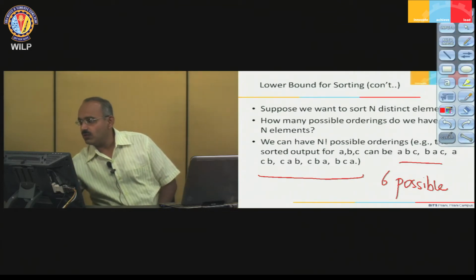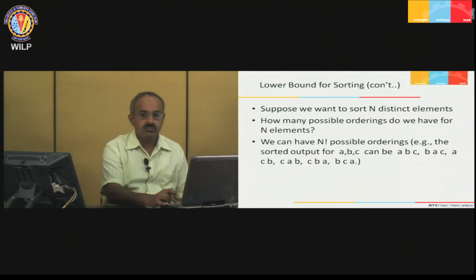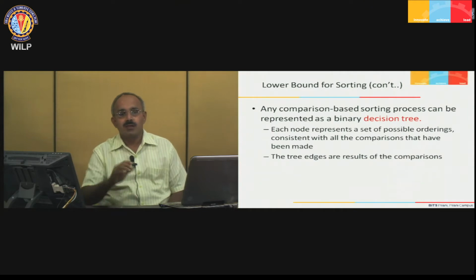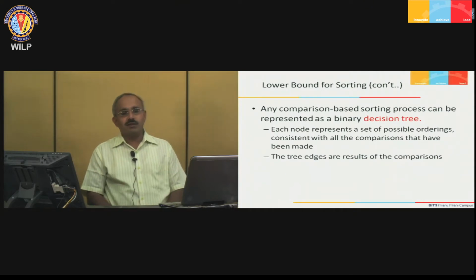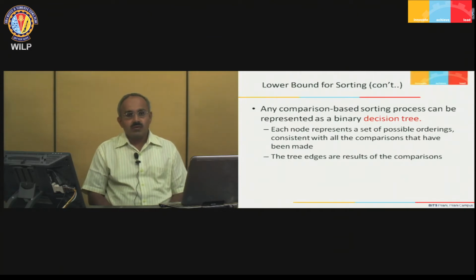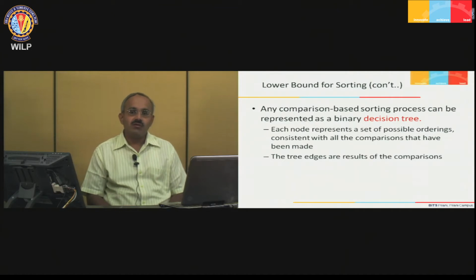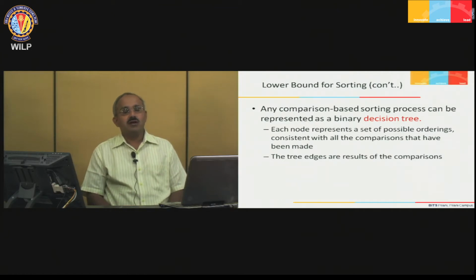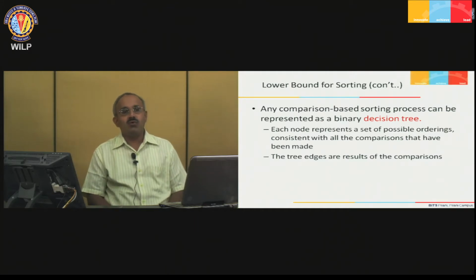And this is the key to the argument that will finally prove the result. Any comparison-based sorting process, we are going to represent as a tree. Each node is going to represent a set of possible orderings and a tree edge the result of a comparison. So, in a decision tree, every node will be a decision and each edge is going to be a result of the